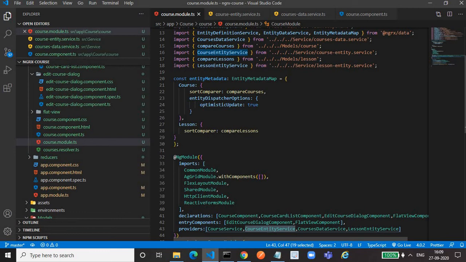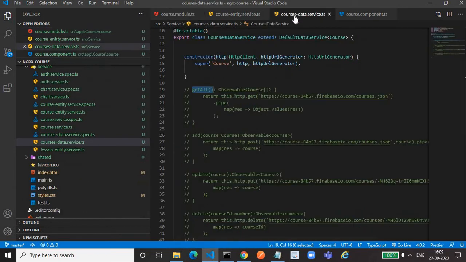This entity service has some methods, and if you want to override those methods, then we have to create another data service. If you want to override this service, extend default data service. Again, we provide the entity for which we are creating the service.